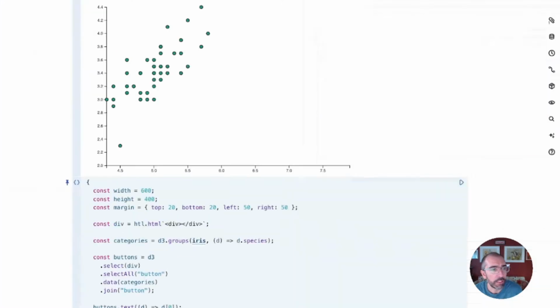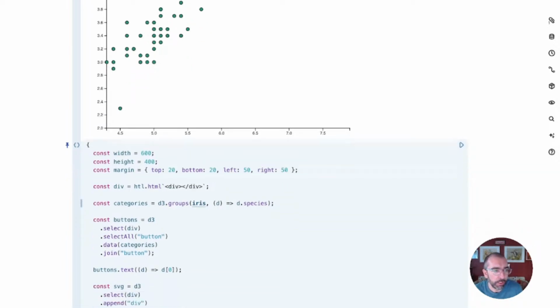So I'm going to close this again. So now we know we've got the data when we click on those buttons. What we're going to do is use that update pattern, the selection join, to handle for that. And then we can start adding in some different transitions if we like. So what we can do is quite simply,